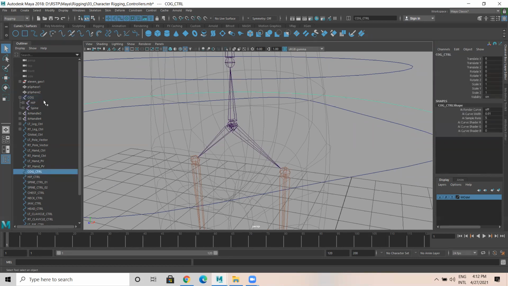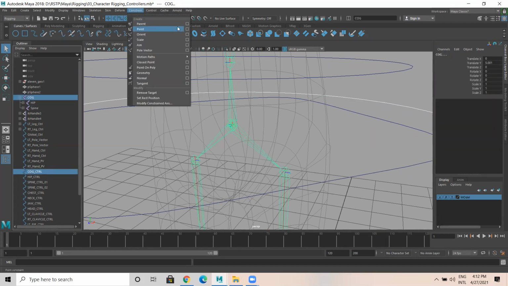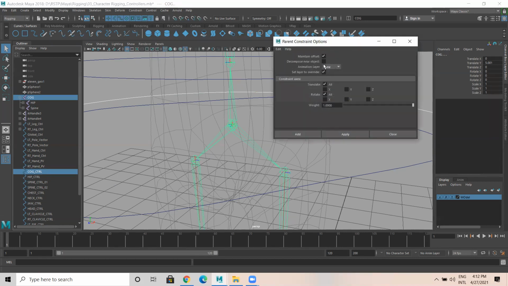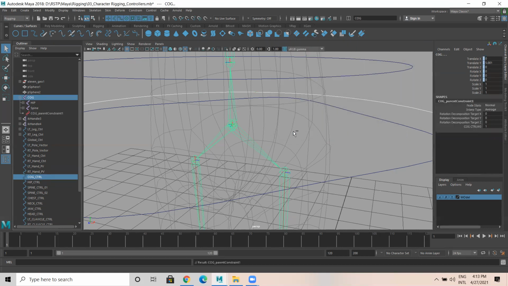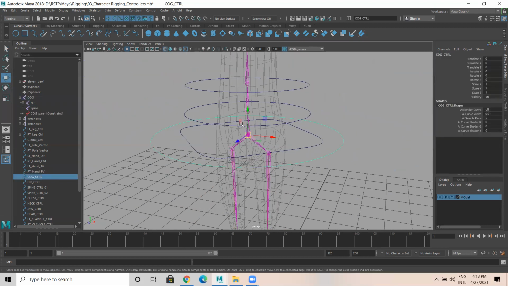Go to constraint, parent, maintain offset on. Only for the cog controller, we have to add a parent constraint. So now what happens? This parent will do translate as well as rotate, both.